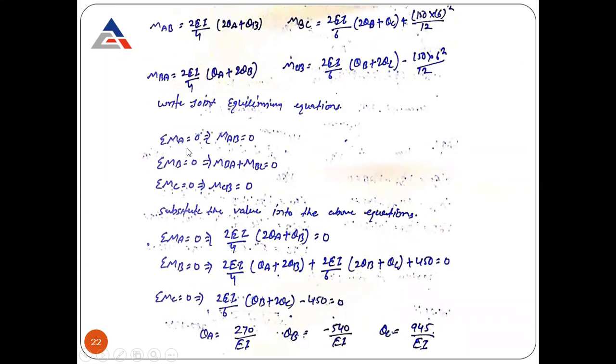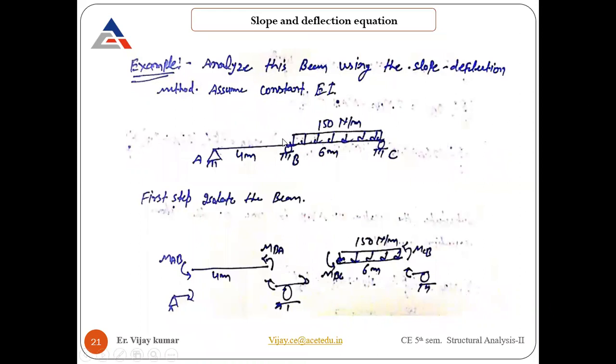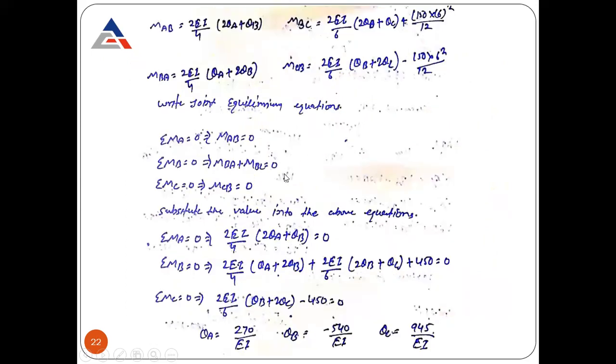So sum of moments about a joint, whatever moment is acting over it, is MAB equal to 0. For MB equal to 0, it means at that point how many moments are acting. There are two segments attached at point B. If you see the beam, there are two members, one is the AB segment and the other is the BC segment. So there will be two moments acting, one is MBA, the other is MBC. So the sum of those moments should be equal to 0. For C, again there is only one, so MCB equal to 0. If the member continues further to CD, in that case at point C also MCB plus MCD equal to 0.